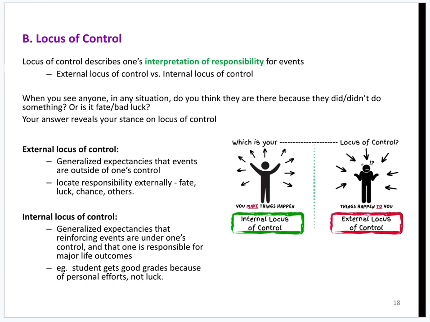So if you're the type of person who believes that you are very much in control, you make things happen, okay? Like you're in school right now, you got yourself into school, you possibly have a part-time job and you're making that work even though it's really, really hard, and you're managing your time and you're doing decently in school, and all of this is happening because you are making this happen. That is internal locus of control. External locus of control would be when things happen and you blame the outside world or luck, or things are happening to you,